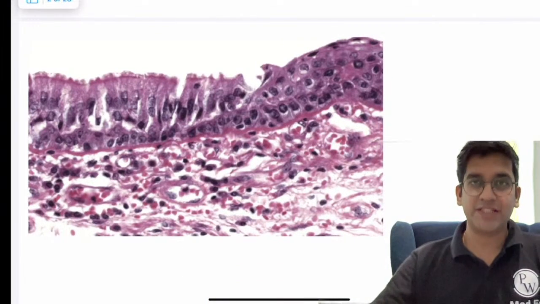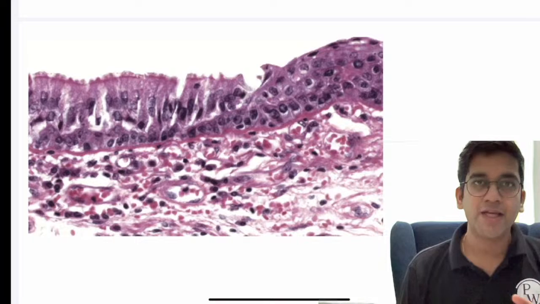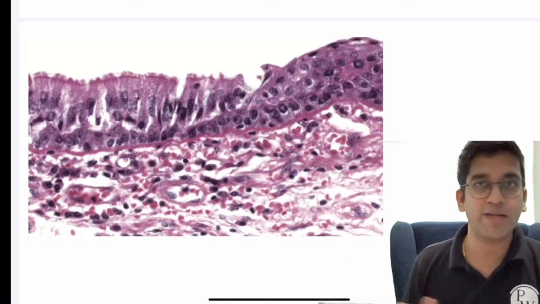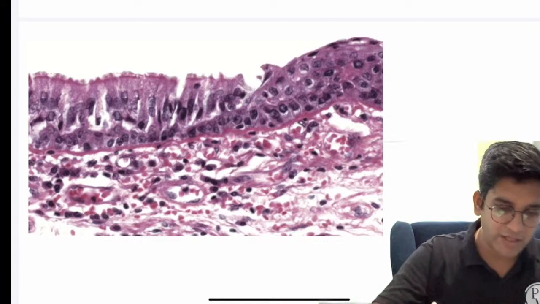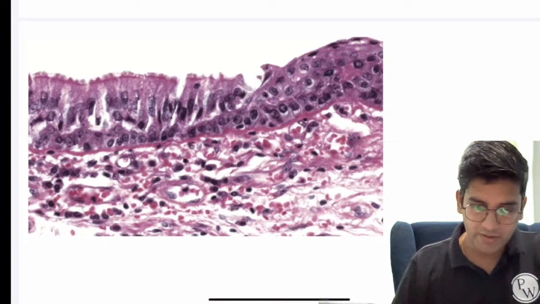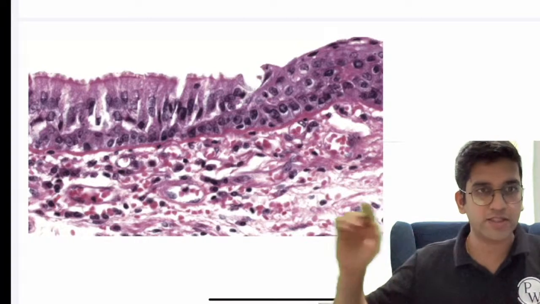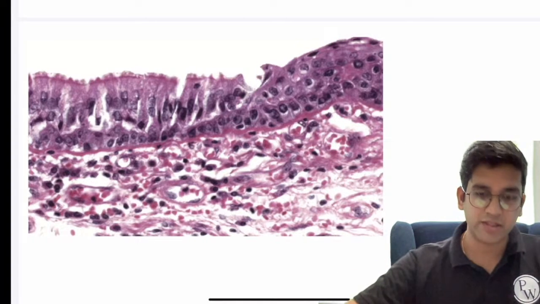So this was a question which came. I'll give you a brief introduction about the history which came along with this question. The patient was a smoker and this was a bronchial biopsy. Can anyone tell me the right answer? I might point this out for you guys. This is a normal structure here. The normal structure is on the left-hand side, and on the right-hand side we have the